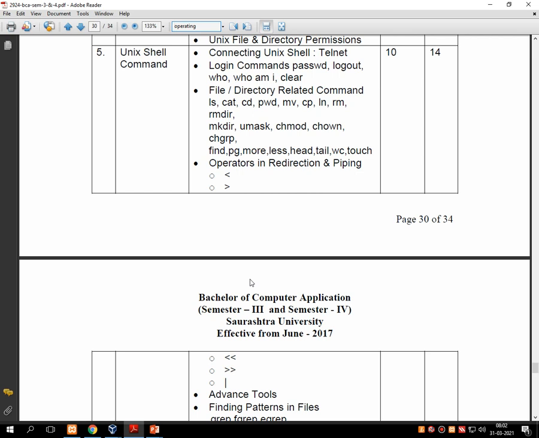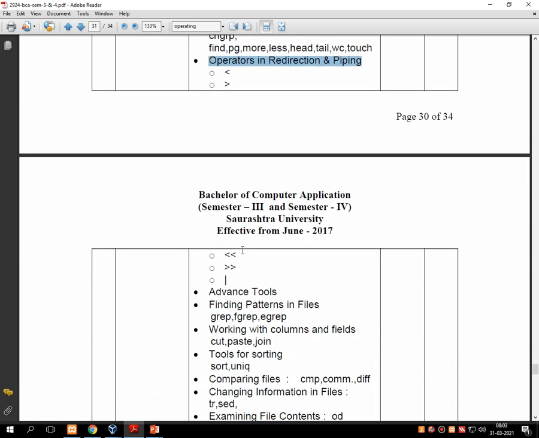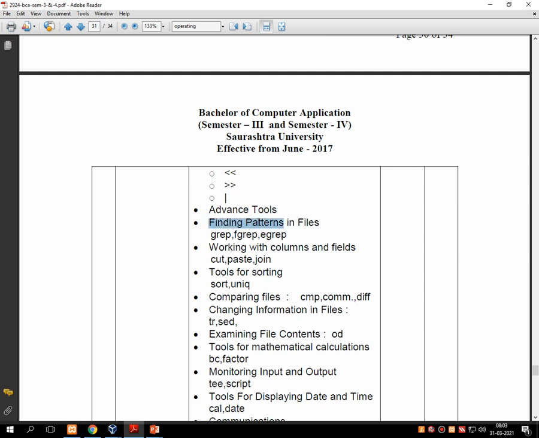In our previous lecture, we discussed various shell commands like connecting to the Unix shell, login and password commands, file and directory related commands, various types of pipeline operators, redirection operators, etc. Then we discussed pattern searching commands.